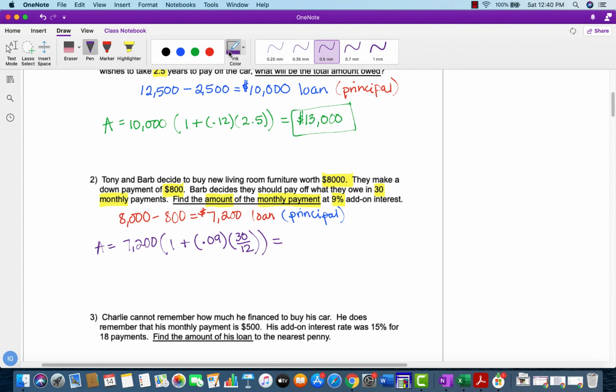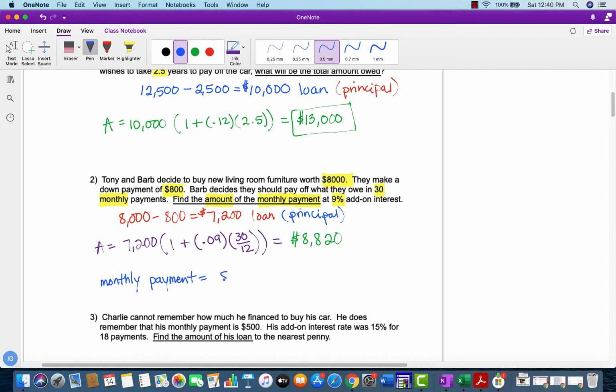Alrighty, so we type this on the calculator and we get the total amount you're going to pay back is $8,820. Now that's the total amount you're going to pay back. What we want to know is how much we need to pay monthly in order to pay it off in 30 months. So I'm going to make a note here. Monthly payment